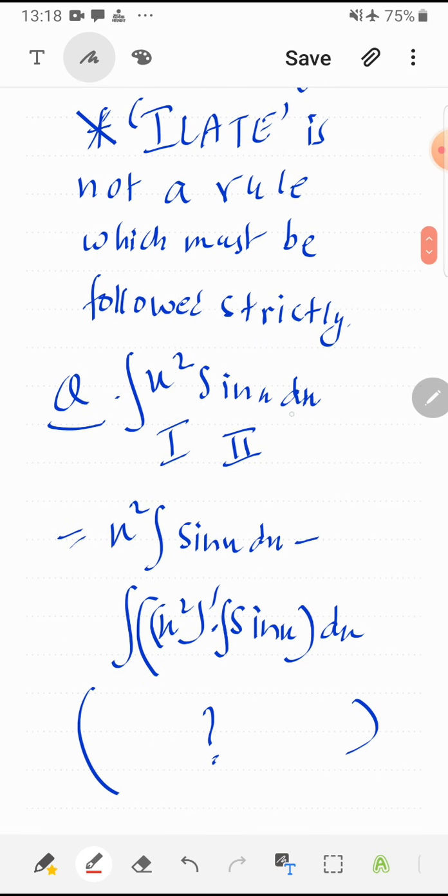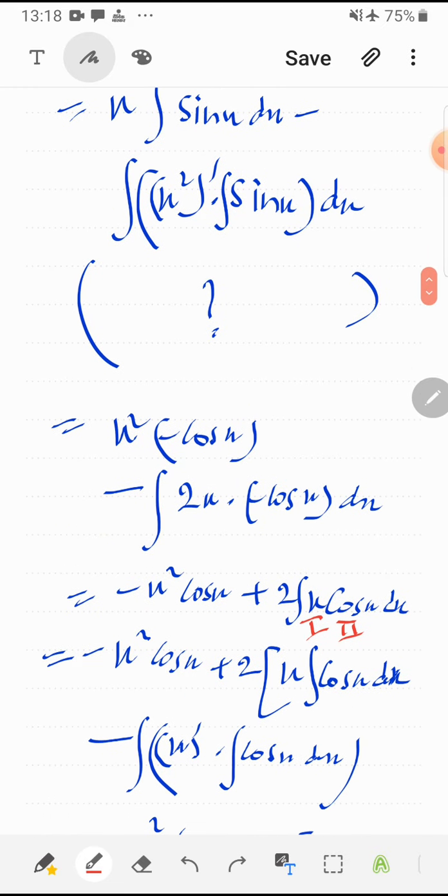So let us start problems based on by parts. First is x square sin x. Being an algebraic function, I am taking x square as first function and sin x as second function. So first function as it is into integration of second function, minus integration of differentiation of first into integration of second. Reason should be written in the form of the by parts formula, so I have not written this; you can write it down. So this is x square, integral of sin is minus cos, minus integral of derivative of x square, which is 2x, into integral of sin, which is minus cos.